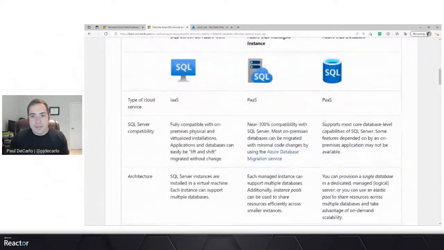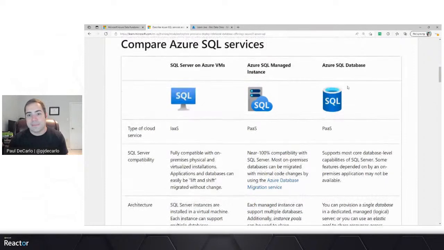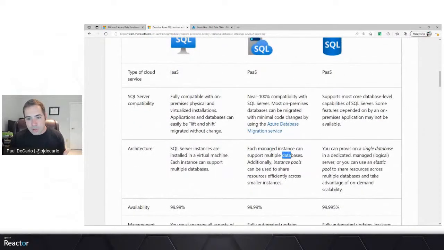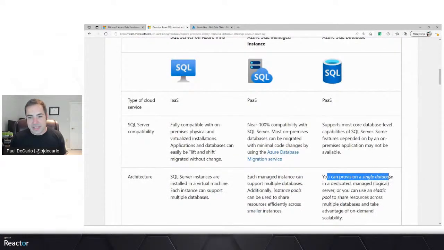Ideally, if you're also looking at just building a net new application in the cloud, you simply need a SQL database. There is an Azure SQL database option that will just give you a database. This is a bit smaller than what you would expect to get from a managed instance, as a managed instance can support multiple databases, whereas the Azure SQL database offering is a single database offering. Again, though, this can allow you to scale. Even though it is a single database, it can be deployed into multiple, what we call logical servers, that can allow you to scale up or down to demand.